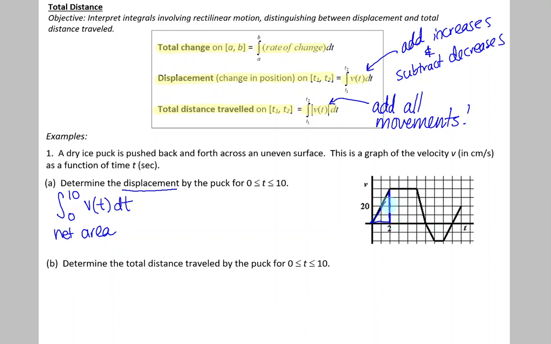So we've got this triangle right here that has a base of 2 and a height of 40. When we do that area, 1/2 times 2 times 40, that gives us an area of 40 for that triangle. Next, we could see this as a rectangle